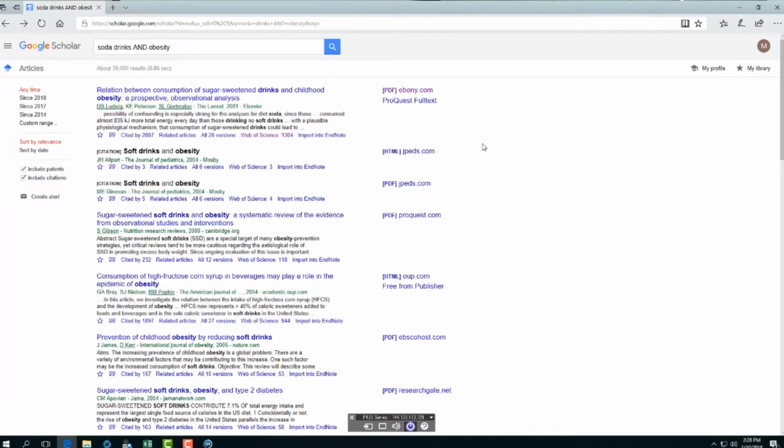Okay, you all have that on your screen? Right, good. You'll find in each article, in each result, the import into EndNote. So with Google Scholar, it's different. You don't have the boxes in place. You have to do it individually. So if you're interested in the first one to be exported to your EndNote, you click the Import to EndNote